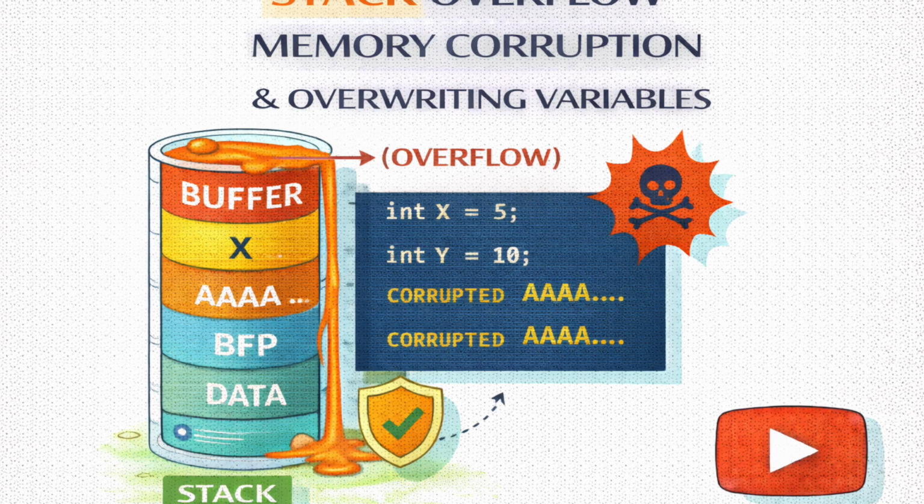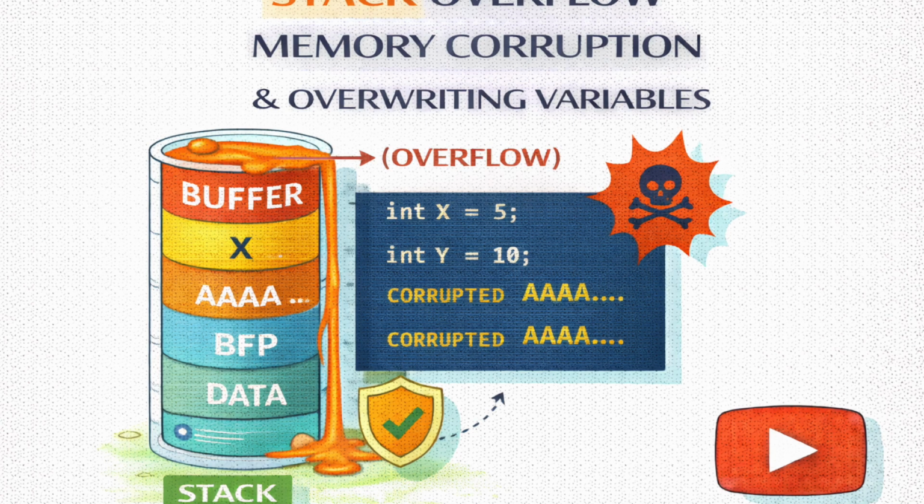That's exactly what it is. It's a simple program. You get the password right, it grants access. You get it wrong, it denies you. Standard stuff. But according to the source, there's a way to get in without knowing the password at all. There is, and it involves the letter A. Specifically, 17 of them.